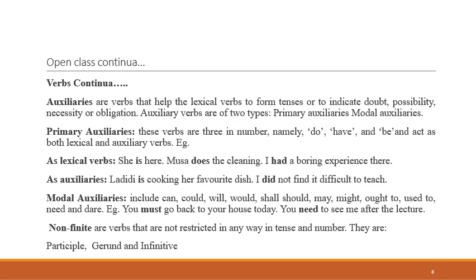We have do, which can be does, which can be did, which can be done, depending on the tense and number of the subject. We have have, which can be has when the subject is singular, which can be have when the subject is plural. Both are present tense. And we can also have had when the subject is both singular and plural. And lastly we have the be family, which depending on the number of the subject